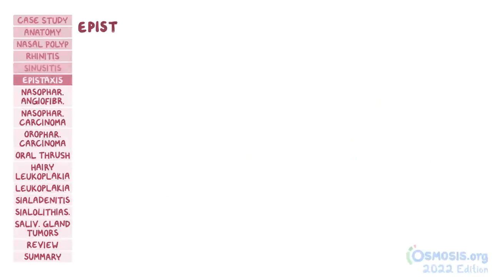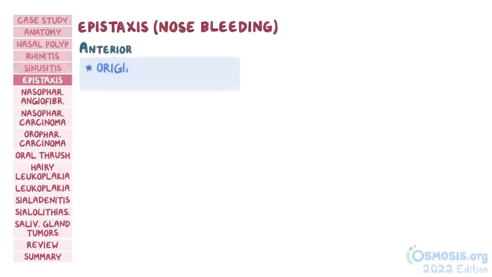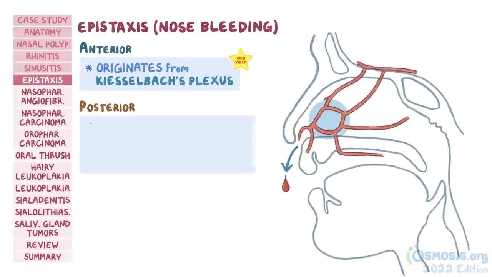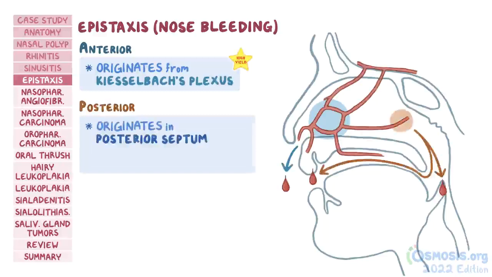Next up is epistaxis, or nose bleeding, which can be either anterior or posterior. Anterior epistaxis originates from a plexus of vessels known as the Kieselbach's plexus, located at the anterior part of the nasal septum. Posterior epistaxis originates in the posterior septum overlying the vomer bone, and it involves the sphenopalatine artery, a branch of